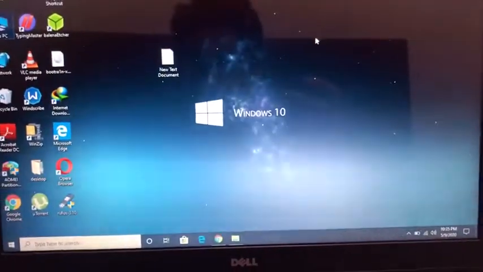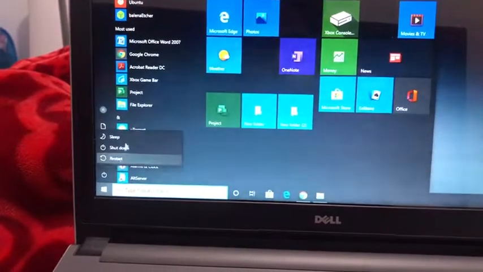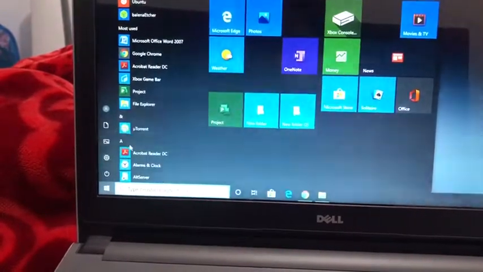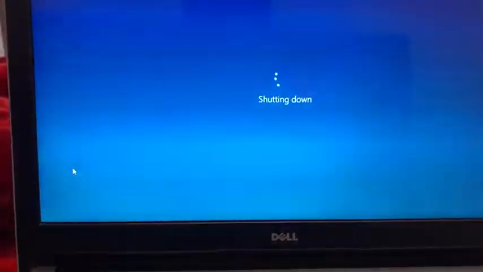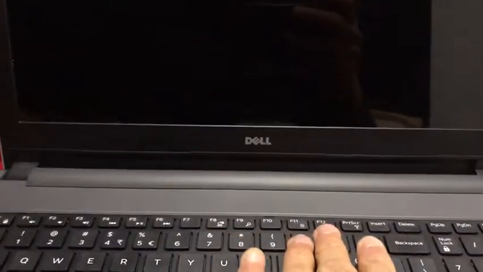So now what you need to do is shut down your PC. After shutdown, press the power button and open the boot menu.